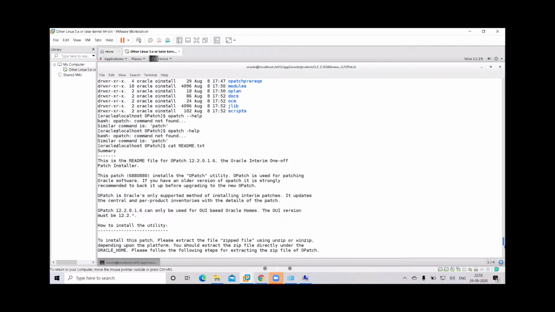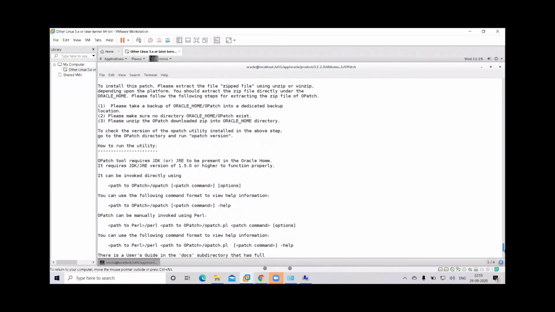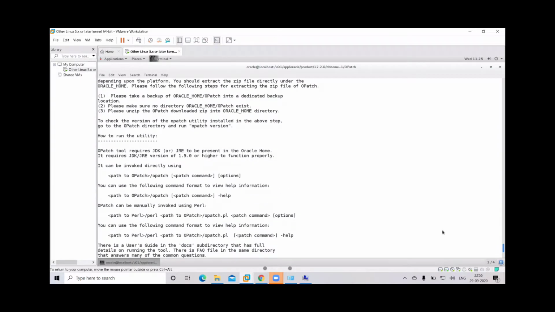So this is the README file. So what you do usually is OPatch,